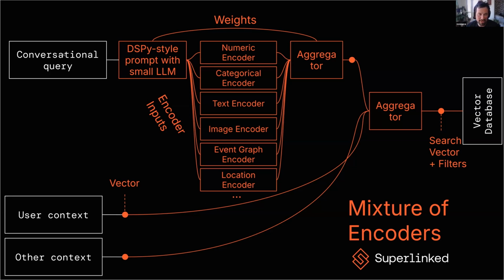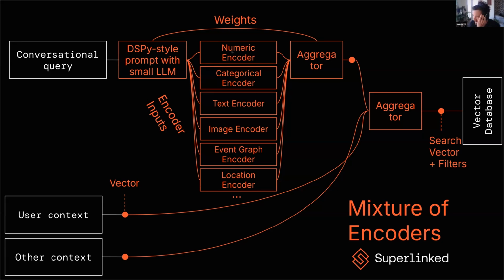So just running you through the picture, think about the conversational query coming in. It's basically a string, right? And similar to how a mixture of experts would work in an LLM, where there is some component up front that splits the query or reformulates it for the input of each expert within an MoE model, here we are doing the same thing. There is some DSPy-style optimized prompt that takes that query and feeds each of these encoders with the appropriate input.